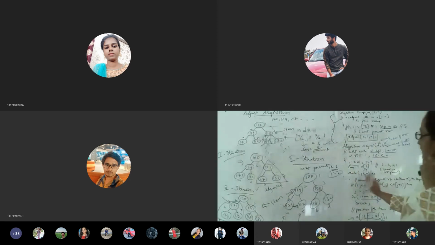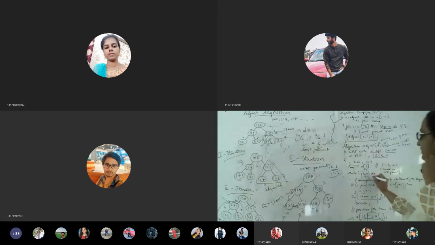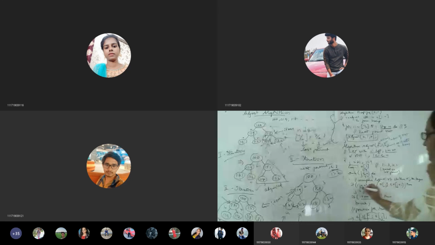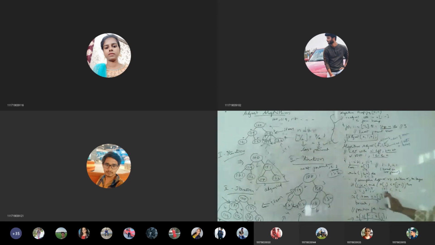Okay. So now compare j is less than or equal to n. What is j now? 4. So 4 is less than or equal to 7. So here now we are going to compare these two children. So we are comparing j less than n. So 4 less than n, so this is true. And a of j, it is 171, less than a of j plus 1, 112? Is 171 less than 112? So this is false. So this j is equal to j plus 1 won't iterate.